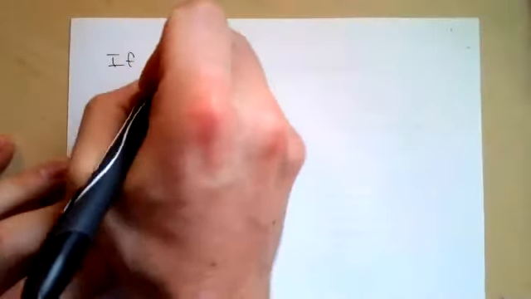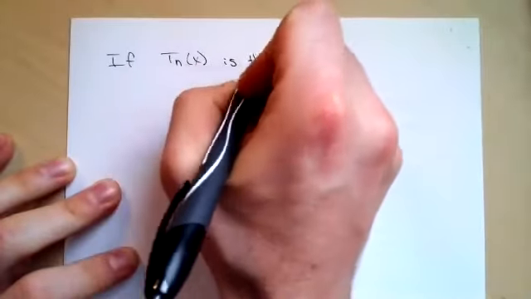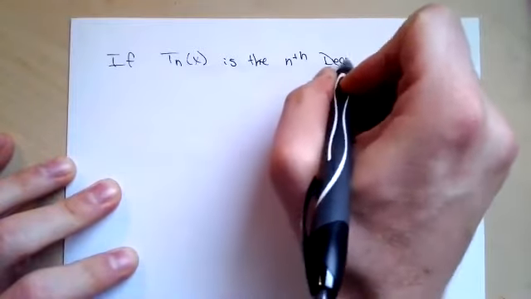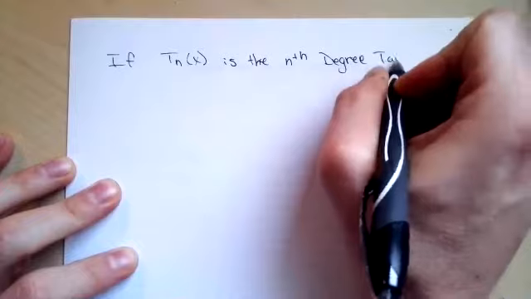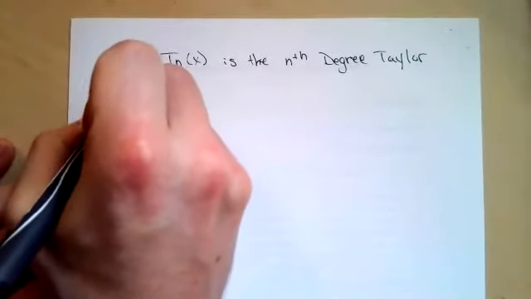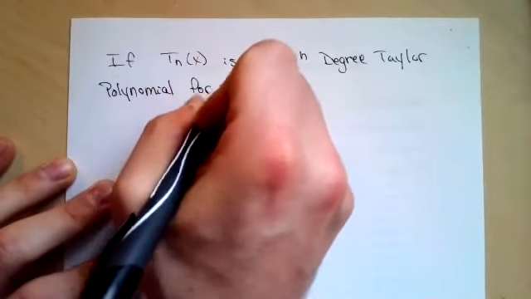So if T_n of x is the nth degree Taylor polynomial for f of x